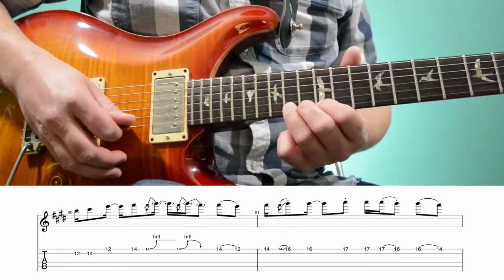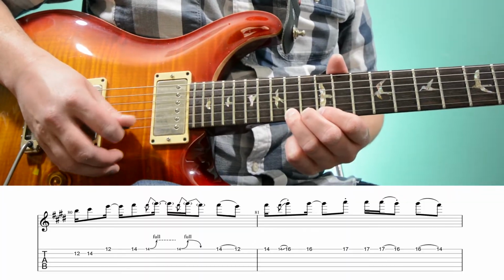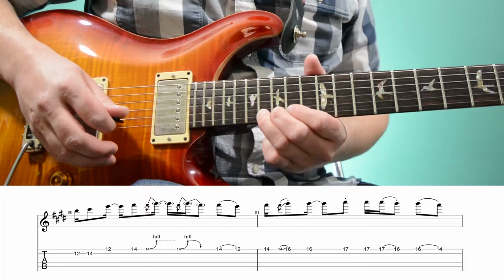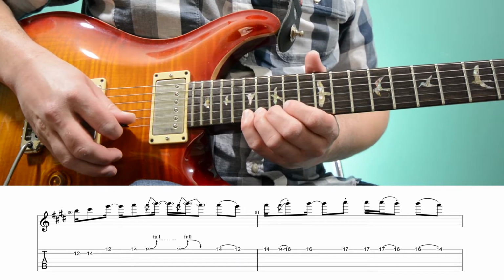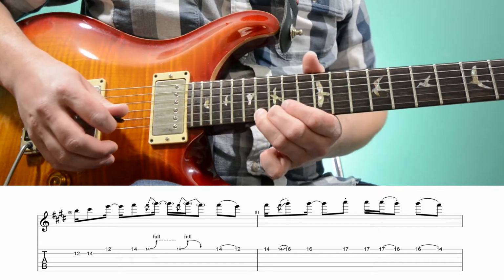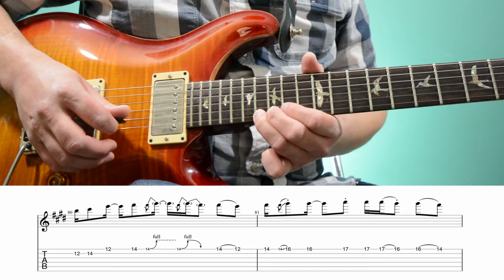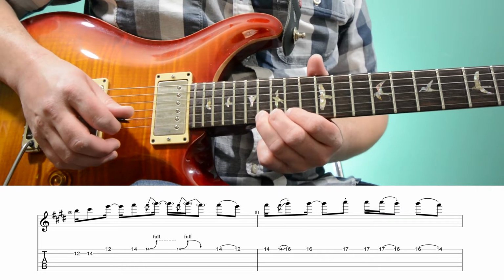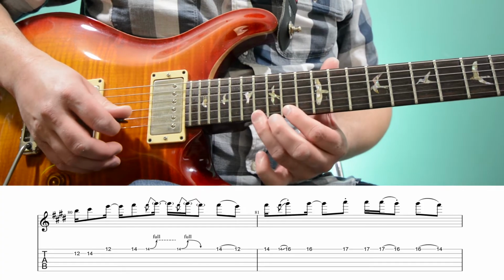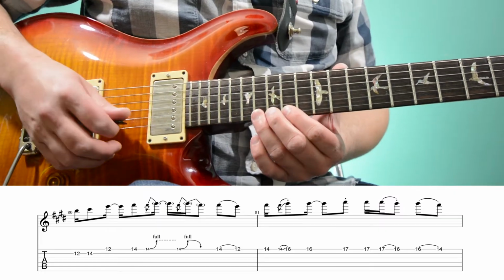what I do then is I play the 14th fret of the first string with my ring finger, and then I use that same finger to slide up, 16th fret again, then I use my pinky to play the 17th fret, and then still using my pinky, I play it twice and pull off to the 16th fret where my ring finger is, and then my ring finger I pull off from the 16th to the 14th. So we have